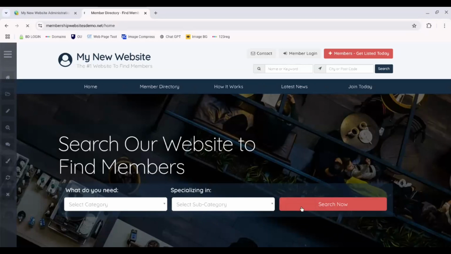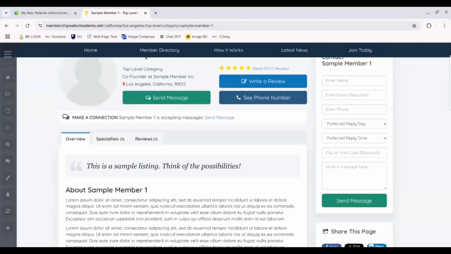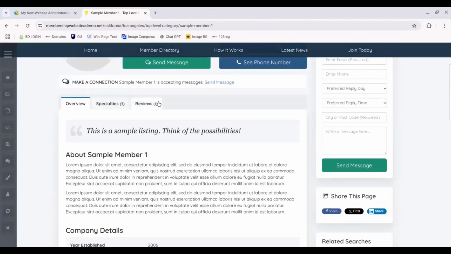So what if, on the profile page of a particular member, we use sample member 1 for an example, we don't want the tab section, we just want all the content to appear once the page is loaded up? You can do that by removing the tab section, and to do that, we just navigate to the back end